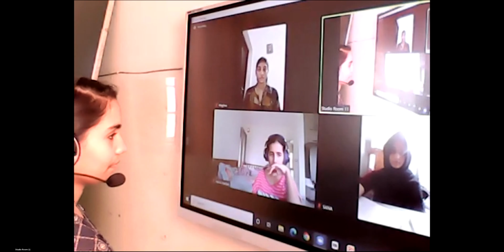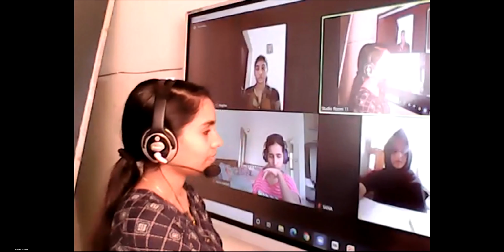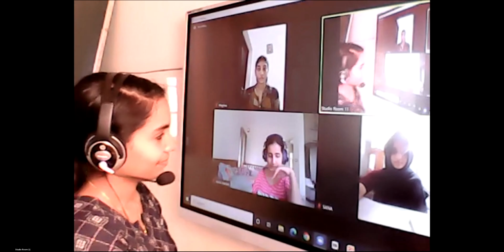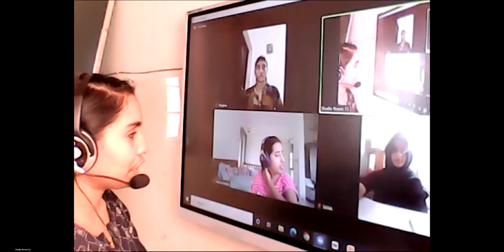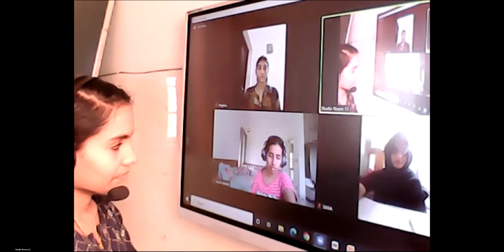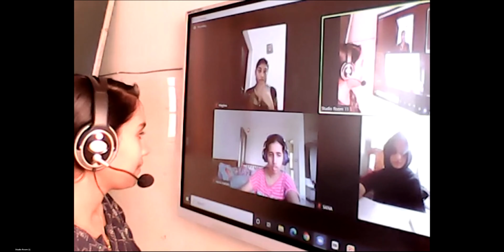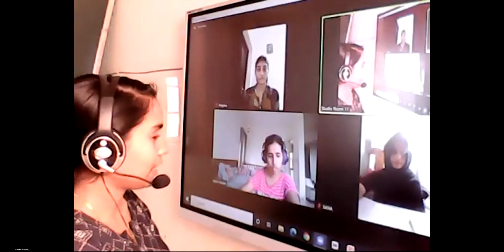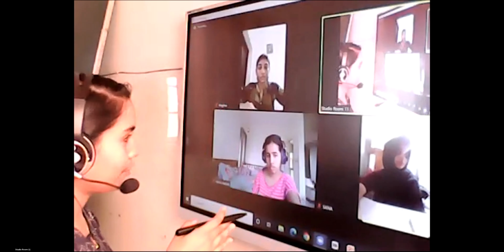What is a plain weave? There are two variations in plain weave, right? Which are they? Two variations of plain weave: rib weave and basket weave. Very good. So these are the two variations of plain weave, rib weave and basket weave.